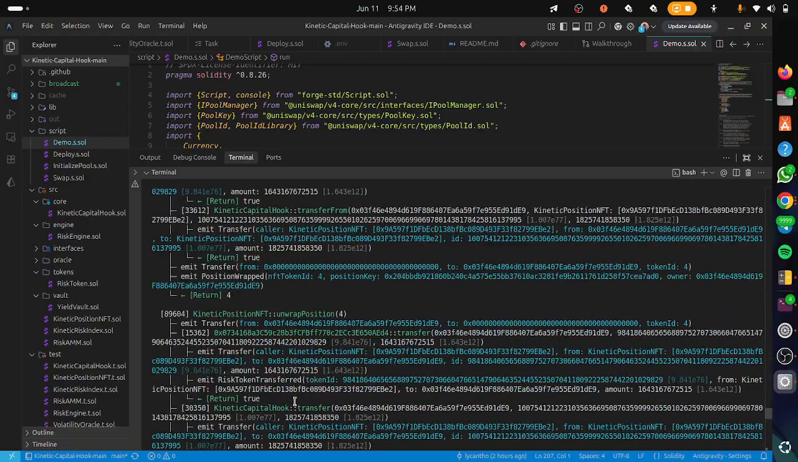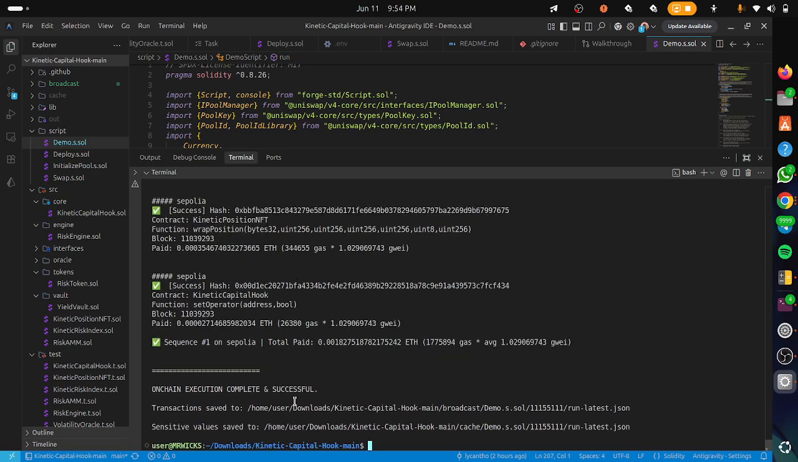So the Kinetic Capital Hook is a very critical project, and I'm happy to have built it from scratch, and it even gives me so much joy. I feel like maybe in the future there will be a different way that we see liquidity provision and how we handle it. So this will be the end of my